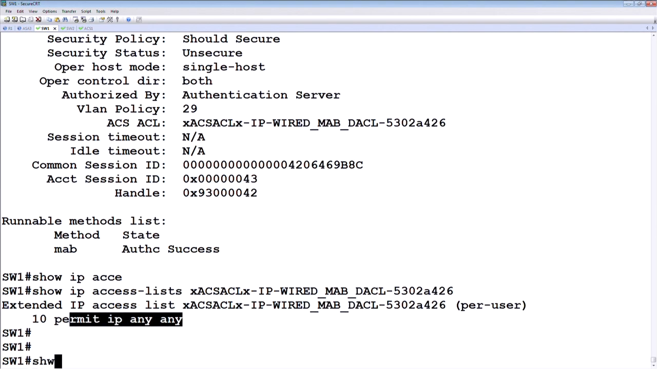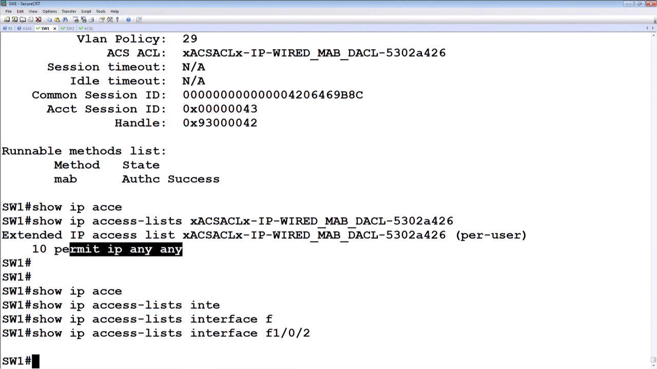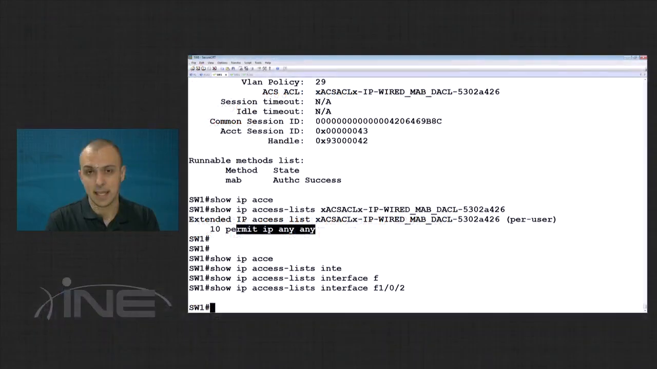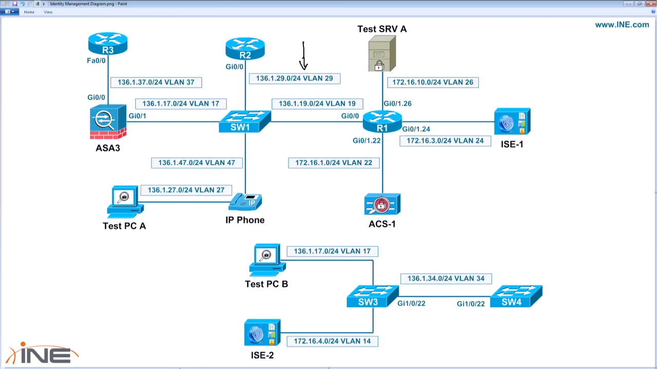Let's say show ip access-list interface Fa1/0/2. I don't have any output, which means that the ACL was downloaded from the ISE, but it was not applied to the user, which in my case is the router. So it was not applied on the router, which means that most probably the router actually has no access to the network. If we go back on the diagram, I see that the router is directly connected through VLAN 29